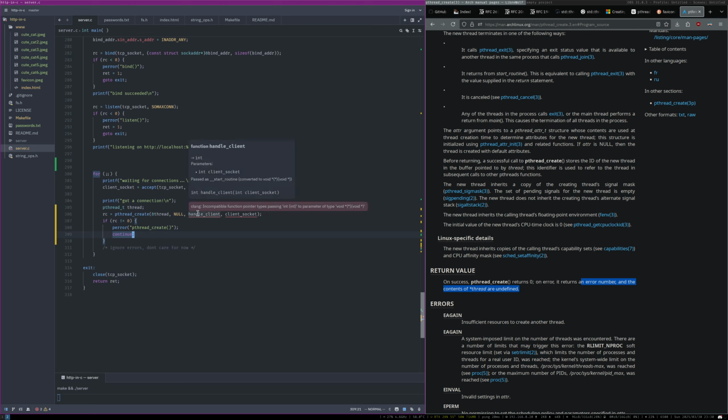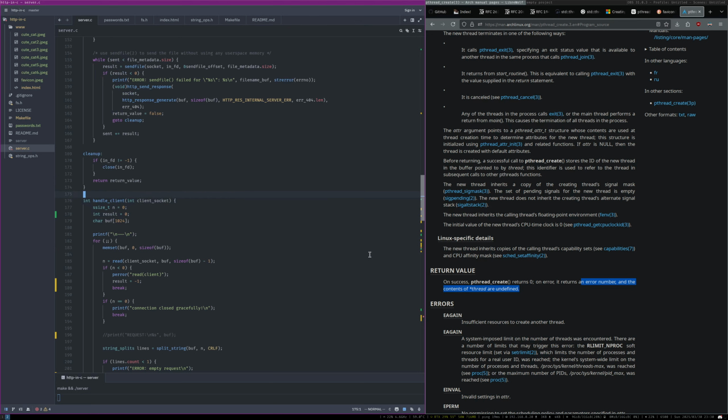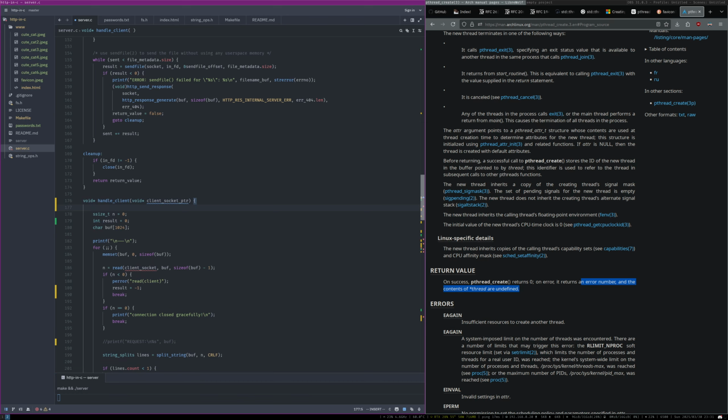And so this doesn't work right now because they're actually not the right signature. So handle client can now no longer return an int. Instead, it has to return a void pointer. And it can also no longer take an int. It has to take a void pointer. And so what we can do now is we can say int client socket is int client socket pointer, because